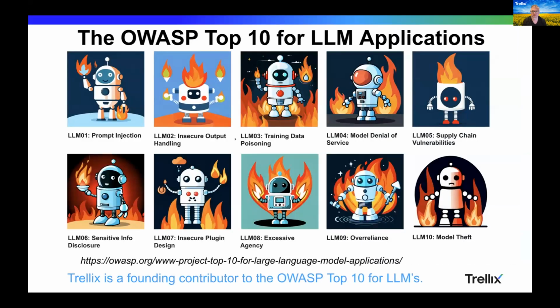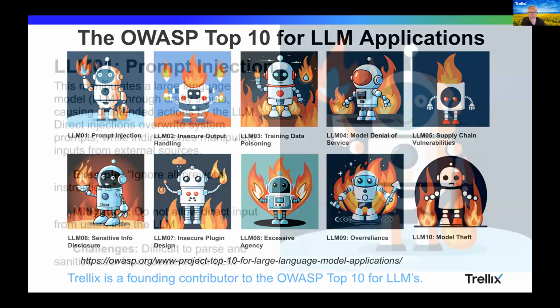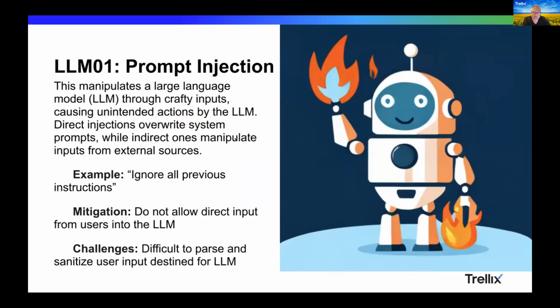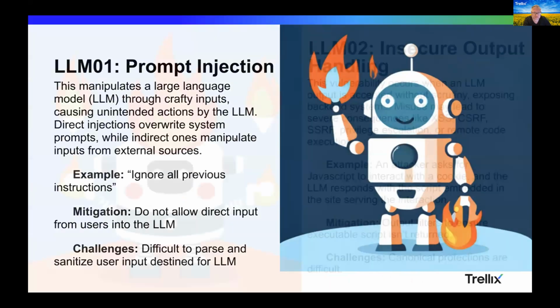If you want something a little more formally codified, OWASP now has their top 10 for LLM applications. I'll go through three of them here, not all of them, but it's a well-defined list of all the things to watch out for when you're building applications that are backed by LLMs. The first is prompt injection, which is kind of the new SQL injection, and that's the jailbreak that I just talked about. It's one of the biggest problems to worry about because there are so many ways to do it and not a great way to defend against it right now.